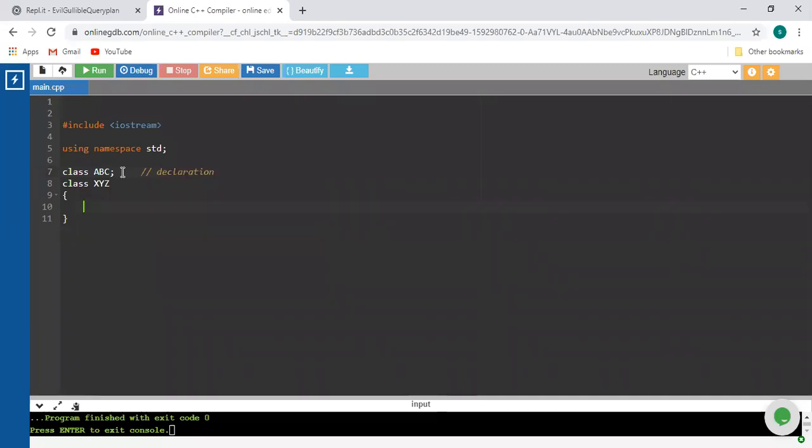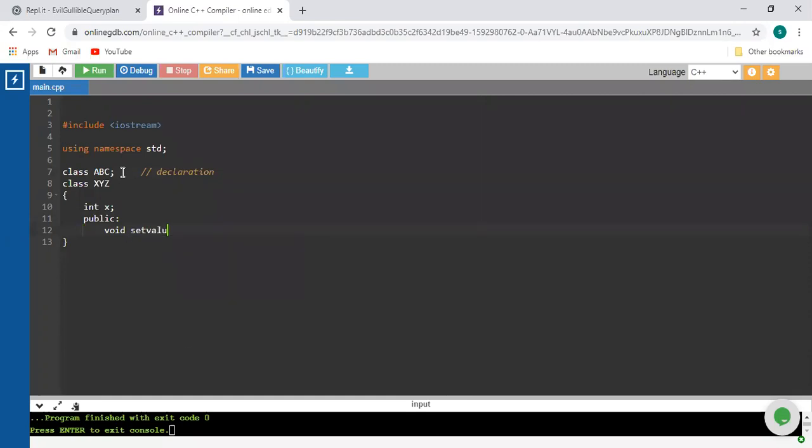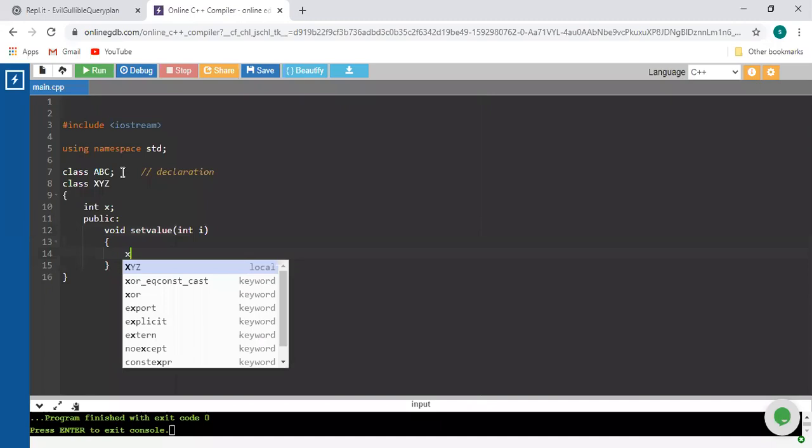So inside the class XYZ, I will write the code as integer x. This is nothing but a private variable with respect to this class. And inside the public, I will write void set value, and it will accept data in integer form. So assign it to x.